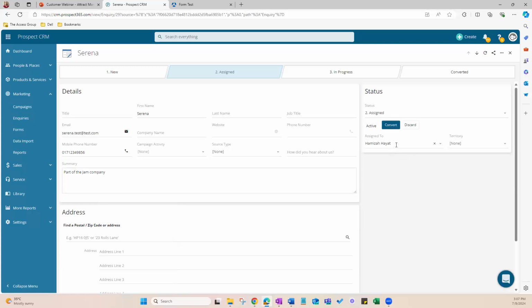This has already been assigned, as you can see right here. I've already assigned it to Hamiza. I can change the status to in progress because I've already, let's say I reached out to the customer. And once I am happy with all of this, all you have to do is click on the convert button